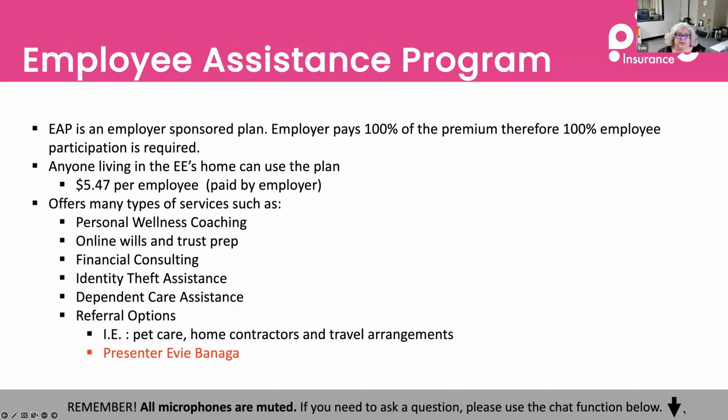Employee Assistance Program. Another very inexpensive plan to add on to your menu and an added perk to your employees. This is a household benefit for very minimal cost, as you can see, $5.47 a month. So when I do open enrollment meetings on site, I always tell people, who doesn't have challenges in life? So instead of telling your coworker and then telling your coworker not to tell anybody else, and then by the afternoon everybody knows about it, the best way to do it is go and adopt this